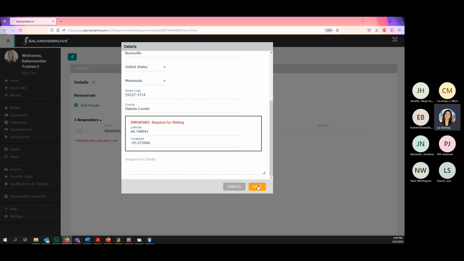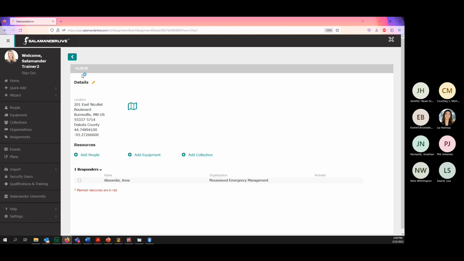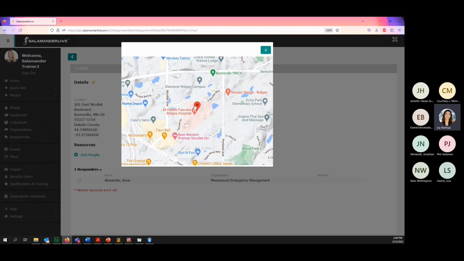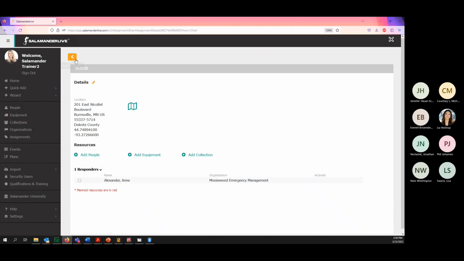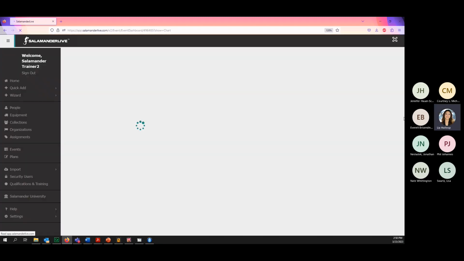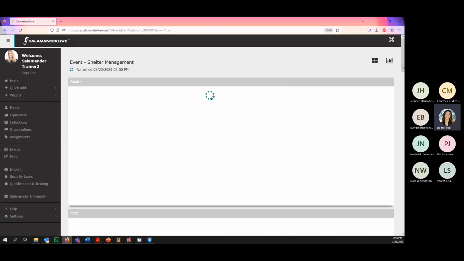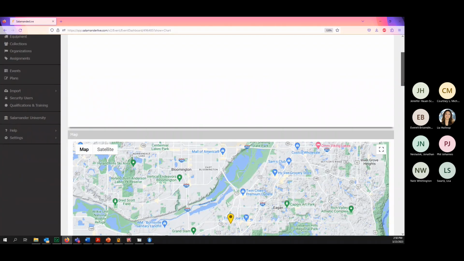There's my address. I can click save. From here, if you need to move the address, you can click the map and move the pin. It gives you an area where it's at based off your location, and you can move the pin around if need be, and it'll update. So let's go back to my chart, and you'll see on the chart that now I have a green pin